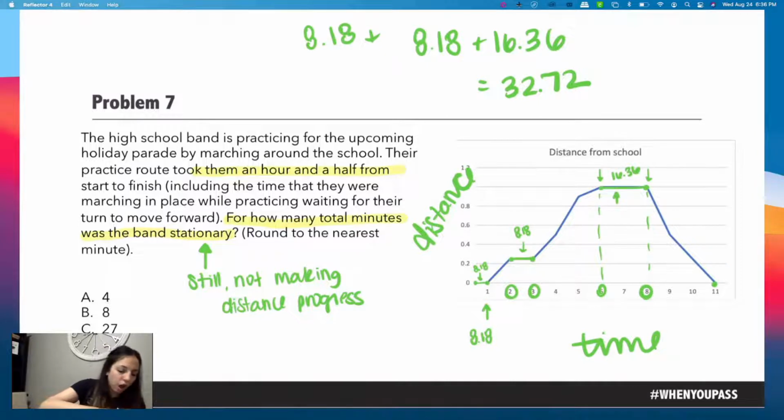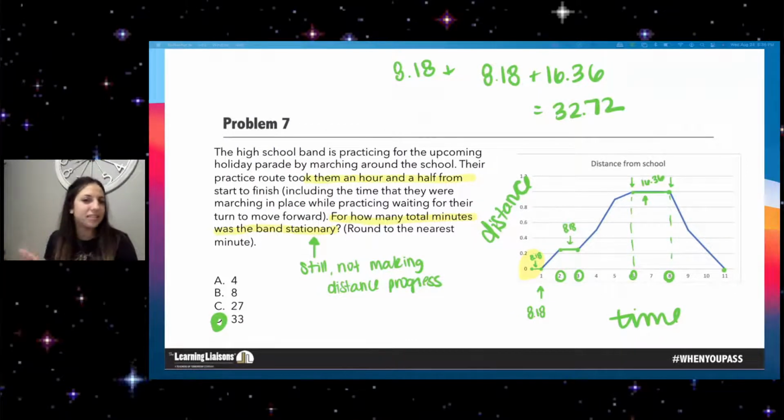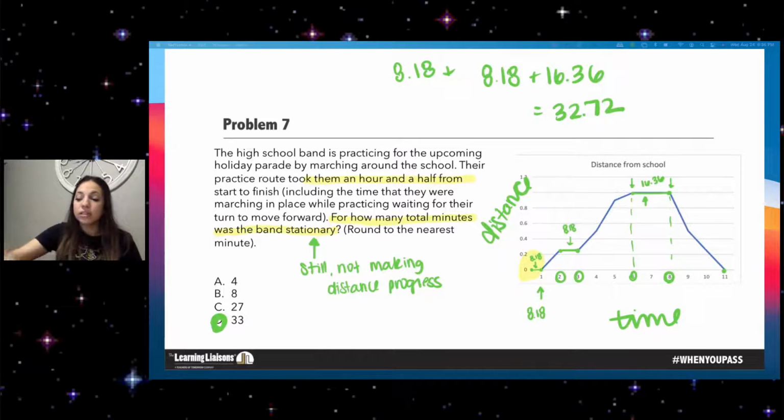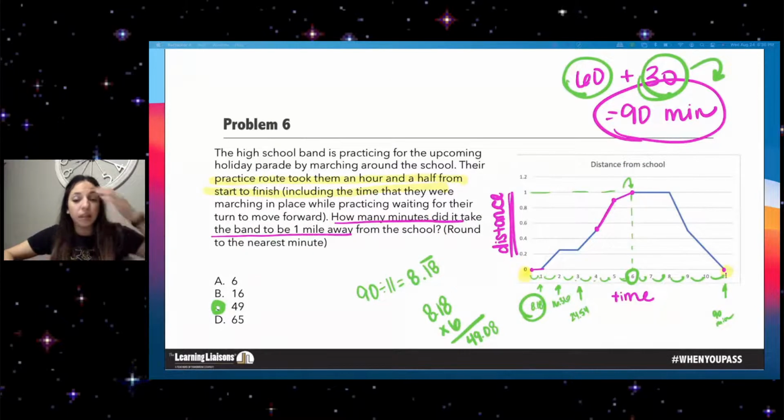Now, how did I know that was wrong? Because when I forgot this section down here, I got an answer of 24.54. And I can see in my answer choices that that's not an answer choice. So I immediately knew it was wrong. However, that very well easily could be an answer choice. So you always want to make sure you check your work before you keep moving. Yes, these are the same graphs, which means they are the same problem, just a different question in the problem. Because when we're looking at data and statistics, there are a lot of questions that we can ask about one graph, and that's what I'm proving here.